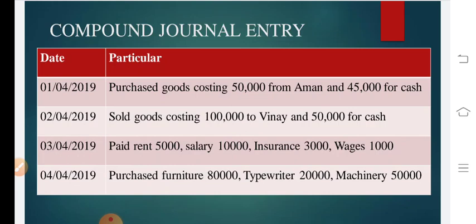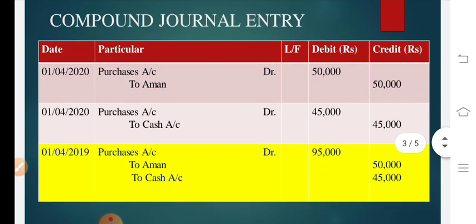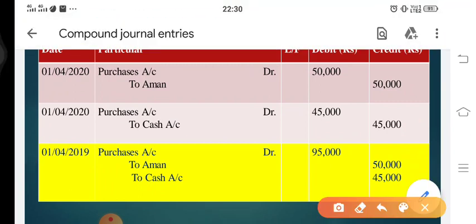Let's check how we have to form the journal entry. As you all can see here, since goods are purchased on 1st April, purchases are coming into the business, and we have discussed that anything that comes in has to be debited. So since purchases are coming into the business, we have debited purchases.